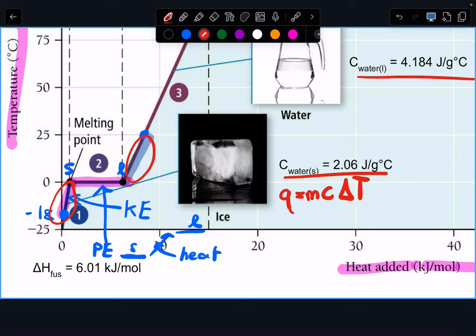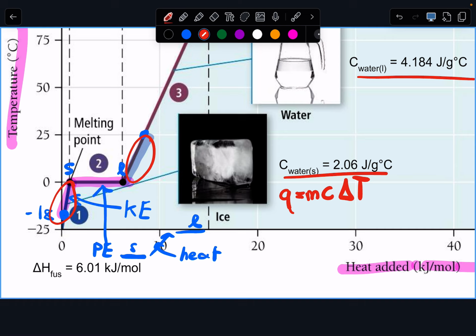In ice, there isn't that free range of motion. Those molecules are locked into place, and so they're not as good at holding that heat as the liquid is. Once you get into the gas, though, they're really separated from each other. Even though they're able to move around, it's pretty hard for them to hang on to that heat because they're so separate from each other that they can't really transfer it a whole lot. Okay? All right, so for those two portions, the sloped lines, we use the Q equals MC delta T